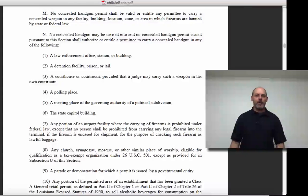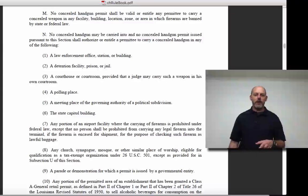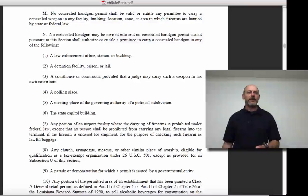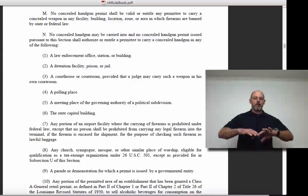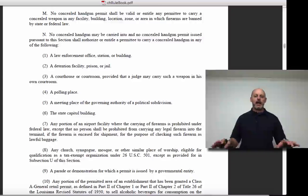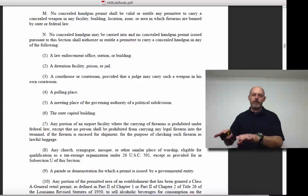Number 7, any portion of an airport facility where the carrying of firearms is prohibited under federal law, except that no person shall be prohibited from carrying any legal firearms into the terminal, if the firearm is encased for shipment for the purpose of checking such firearm as lawful baggage. And so if you are flying with that gun and you have it purposefully checked and it is separated, the ammunition is separated from the gun, that's what's required, and they're both packed separately, you can bring those into the